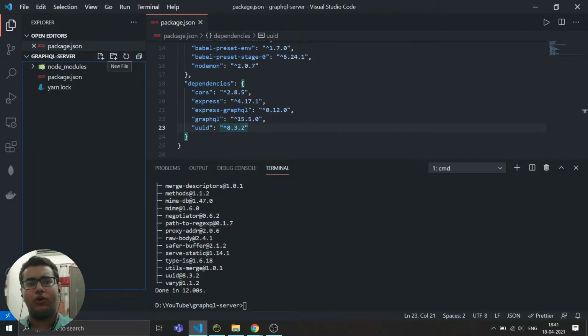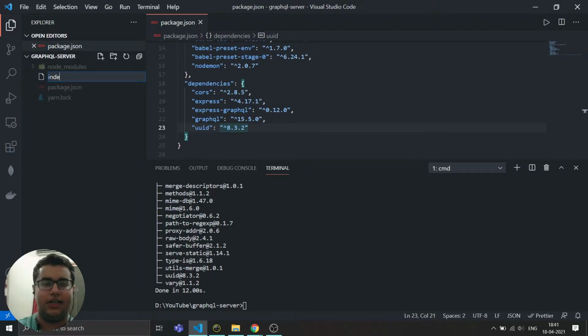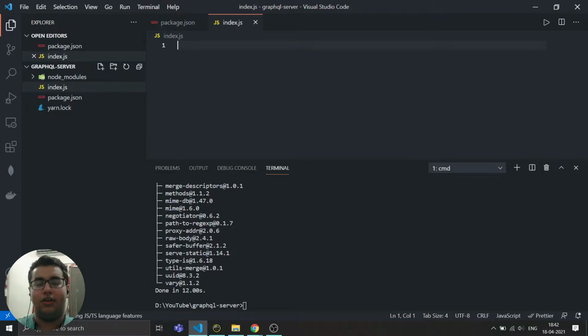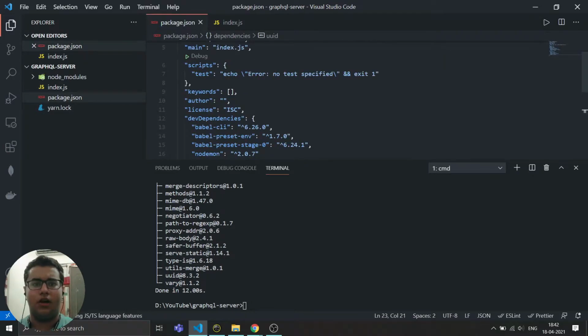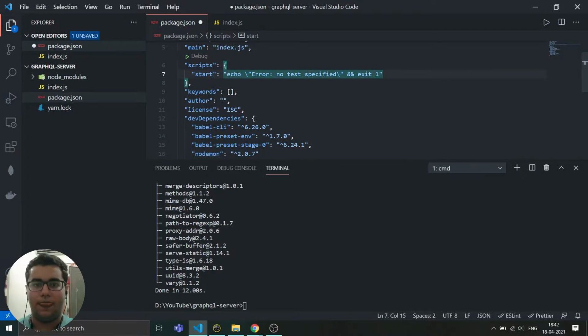Then we are going to create a file and name it index.js. This will be our main entry point, but first let's write the script that will help us to run. So by default it comes as test. We are going to make it start.